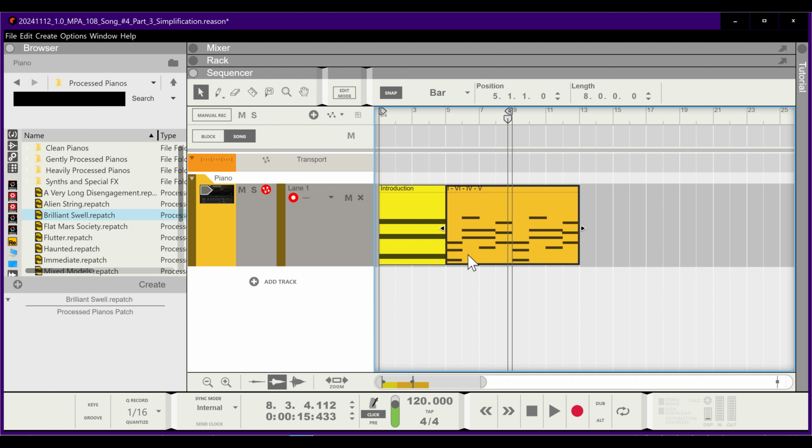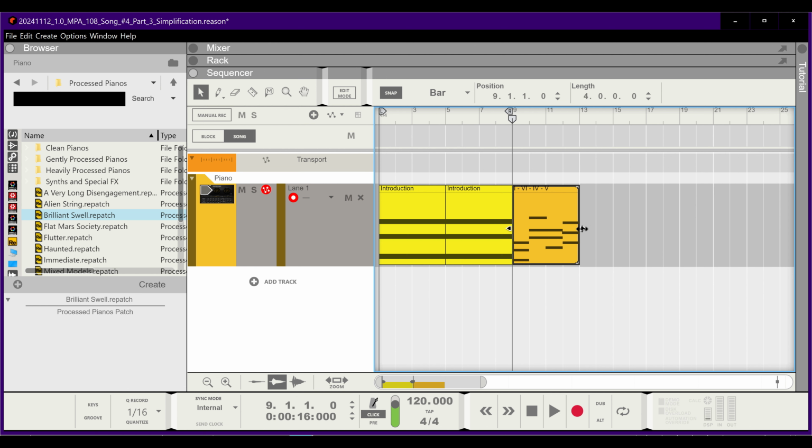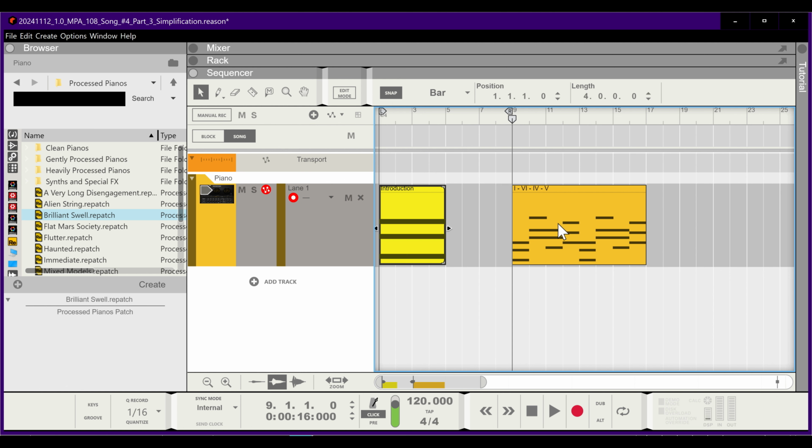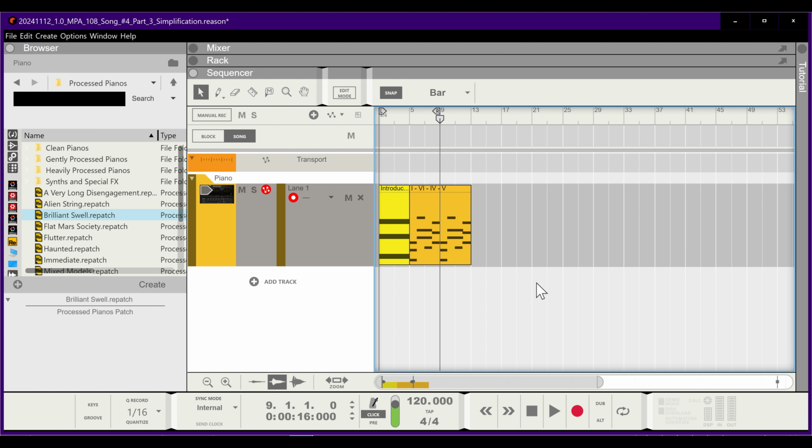Interestingly enough, if I duplicated this, it would be the 12-bar blues. So blues, rock and roll, pop, they are all not entirely dissimilar. They all stem from the same root. Alright, so